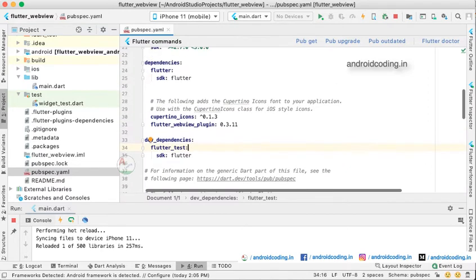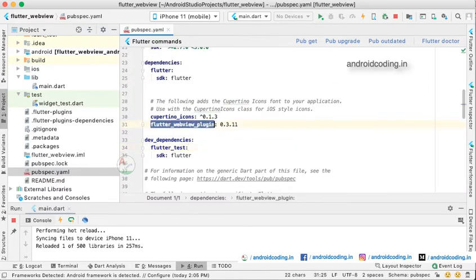So here we are using a plugin, flutter_webview_plugin. We need to add it under the dependencies in pubspec. The current version is 0.3.11. When you are trying this tutorial, just check the latest version of this plugin and add it